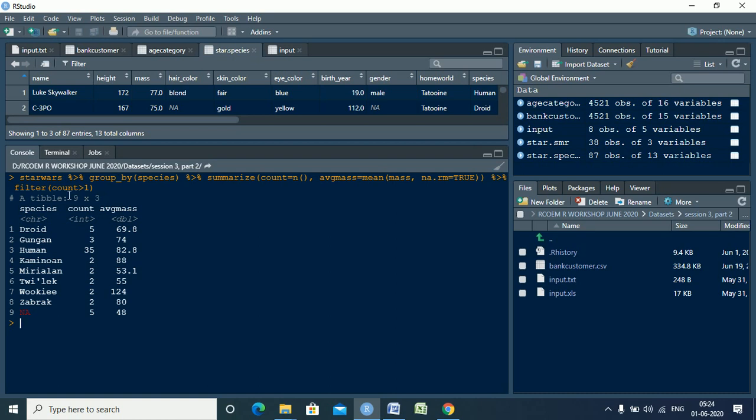So this is a very, very useful tool when you are doing a set of functions which have to be done. Instead of every time creating one data frame after the other, we make use of this pipe operator. It's the coolest operator in your R, and it is really very helpful. We will of course be using this pipe operator in our further sessions as well.